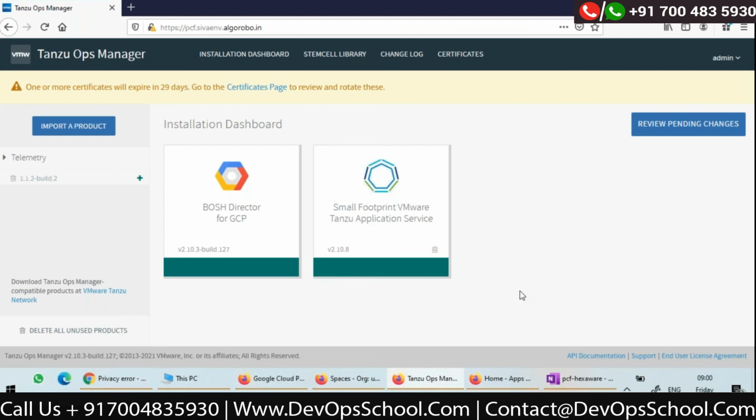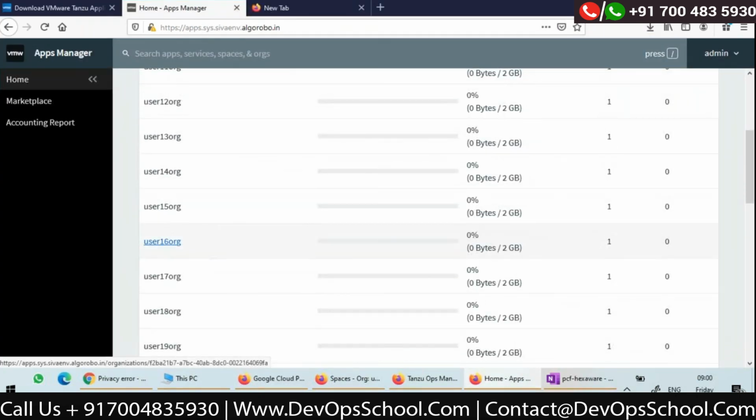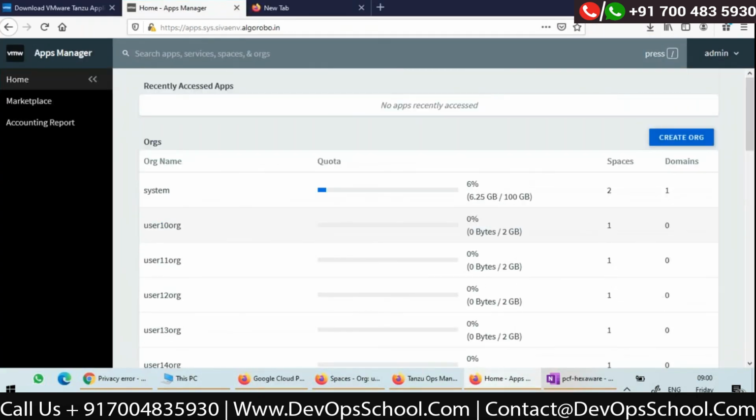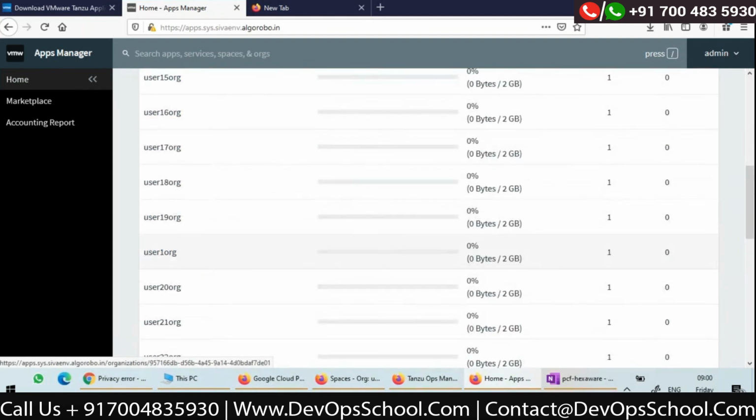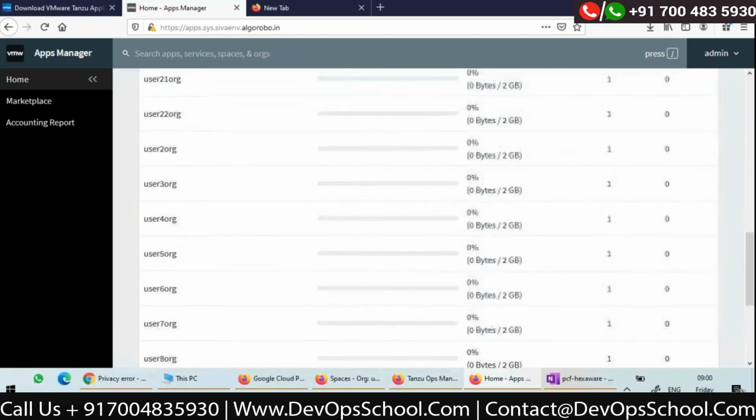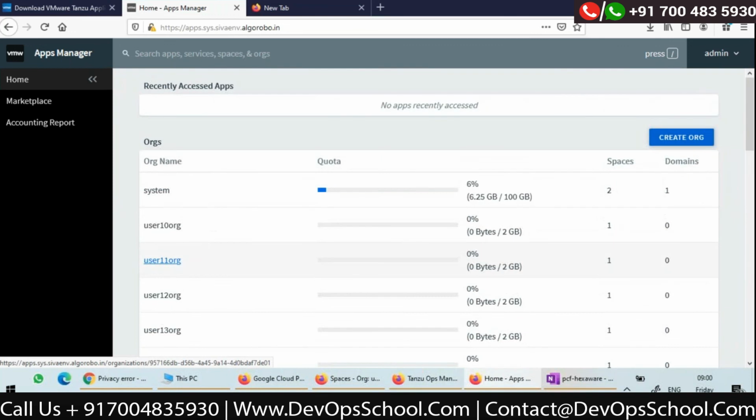So I'll show you how to deploy applications, and I'll give you time for pushing the apps onto Cloud Foundry, and I'll give you the details on how to access this Cloud Foundry, whatever I have installed. I'll give you the user logins. Actually, I've created for each user. I got information that there will be 22 participants. For 22 participants, I've created 22 organizations, usernames, and passwords. So on Monday, once we are back, I'll show you one small demo on how to push. We are ready to go ahead and push, and we understand a lot of other things, right?